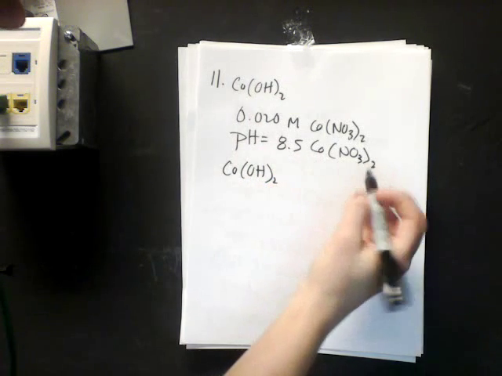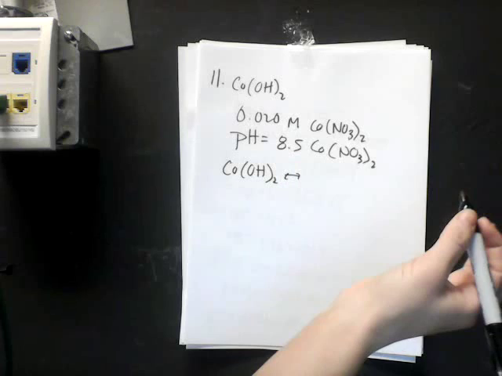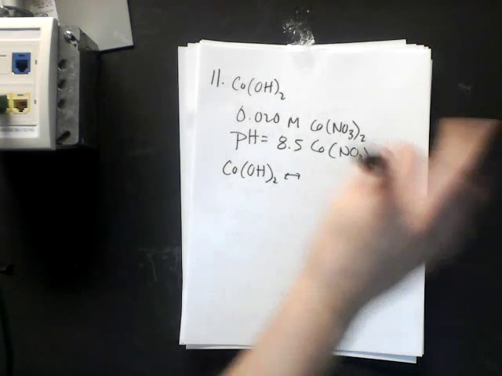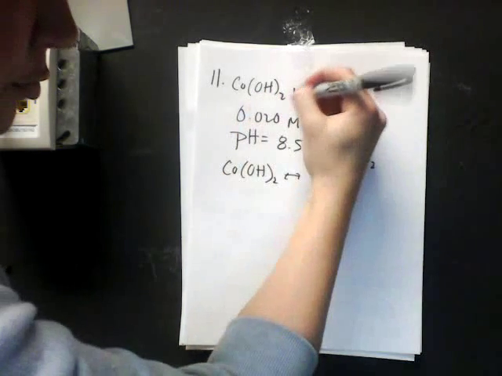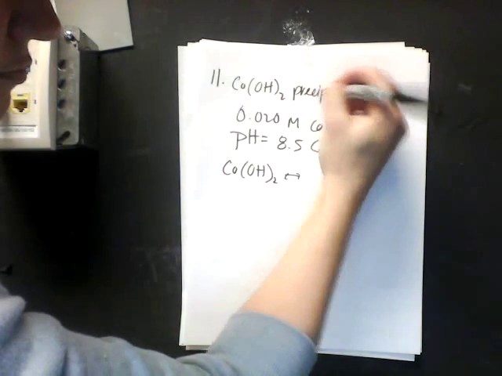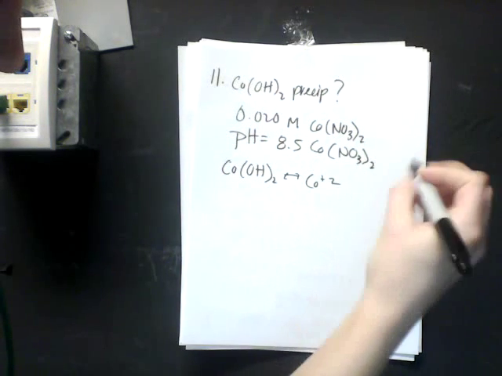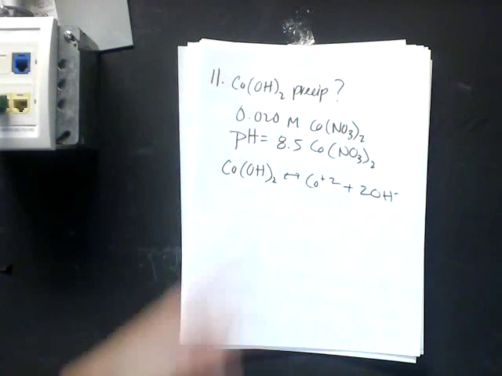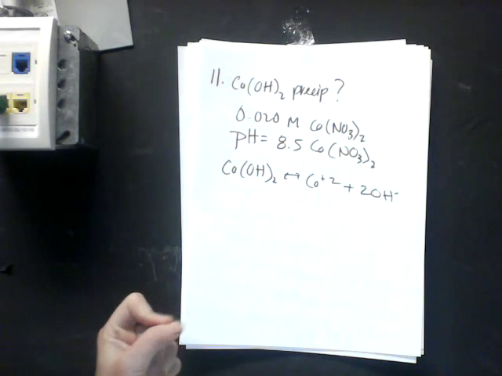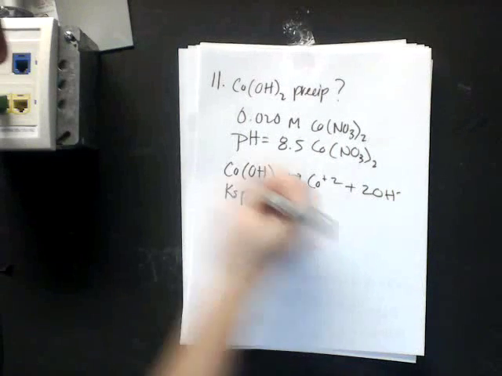So since we're looking for this, we're going to split that up into its ions, like we do normally for KSP. When something is precipitated out, think of it as a KSP problem. There's two OHs, so we need to account for that on the product side. What's my KSP? KSP equals